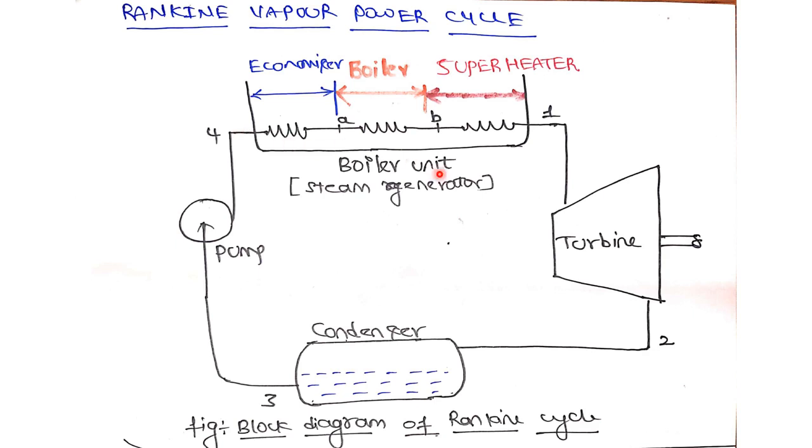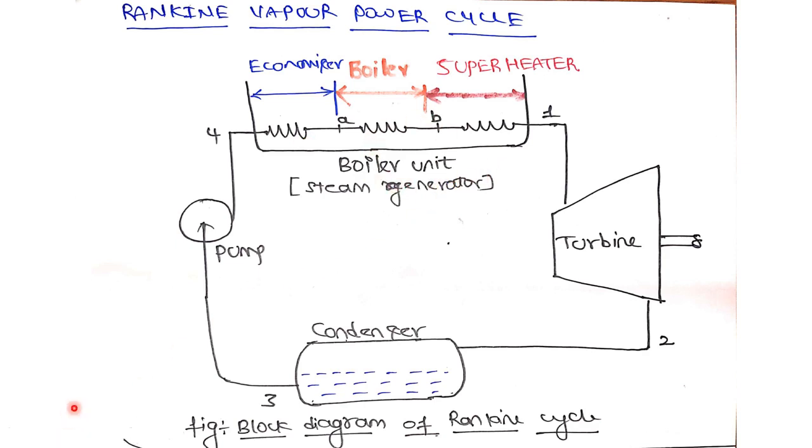So here the heat is added in three stages. One is an economizer, where a little part of heat is added, some more heat is added in the boiler, and a little more heat is added in the superheater. So remember, the steam is generated; that means the saturated water is being converted into superheated vapor in three different stages: economizer, boiler, and superheater. We shall discuss it in the later stages.